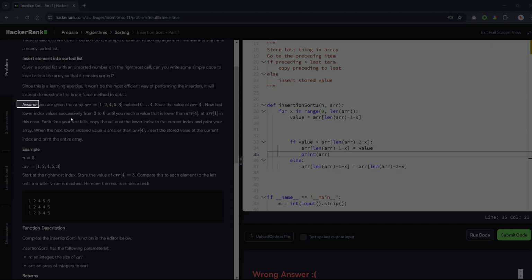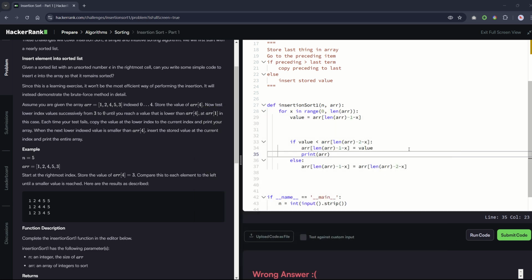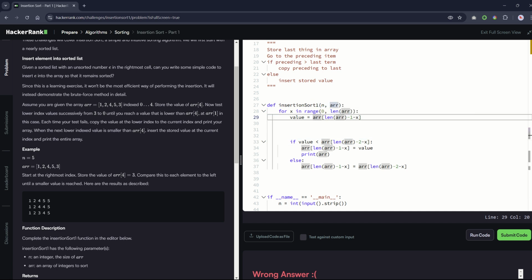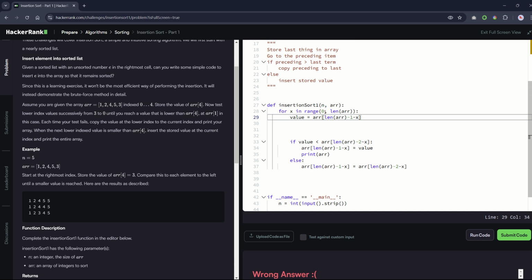Okay, I really need to take a picture. So give me the simplified pseudocode. Give me the simple pseudocode. Store the last, okay, so value equals, this is the last item because length of the array minus 1 minus x. x starts at 0, so at the very beginning this will be the last item. The current